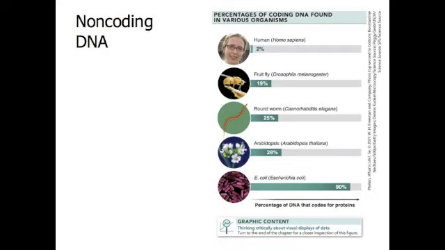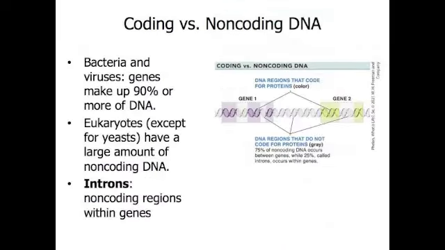When it was first observed, some biologists even referred to this non-coding DNA as "junk DNA," although as we'll discuss later, some of the non-coding DNA does have other functions. Moving on, bacteria and viruses tend to have very little non-coding DNA. Genes make up about 90% or more of their DNA. It is in the eukaryotes, though, with the exception of the yeasts, that we see an explosion in the amount